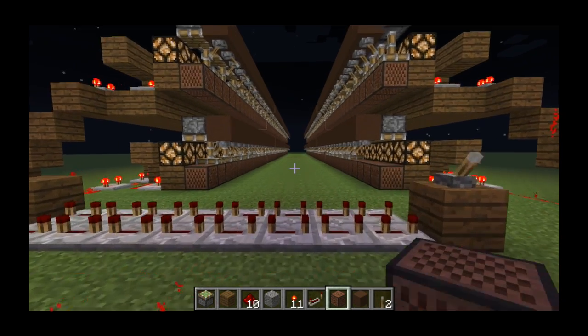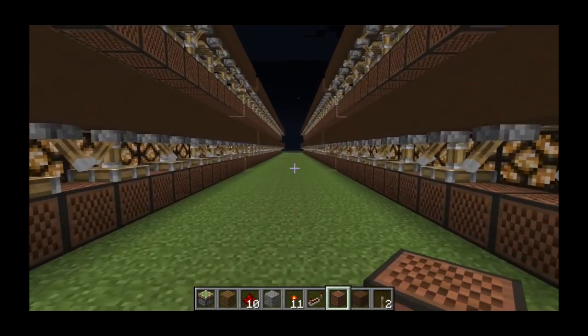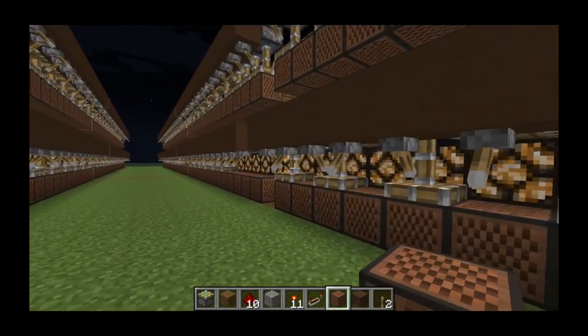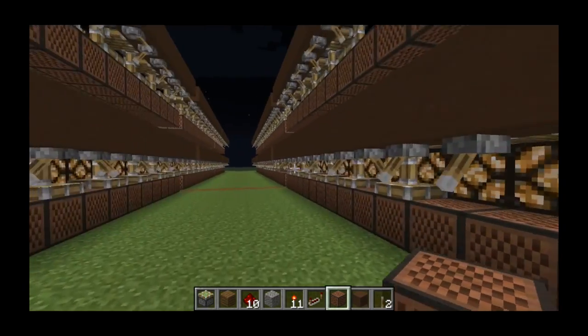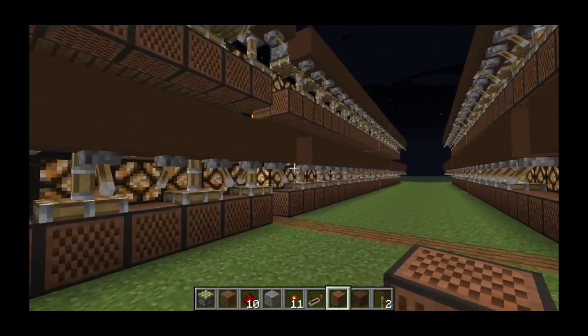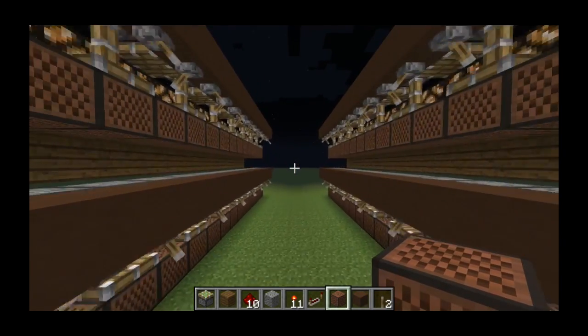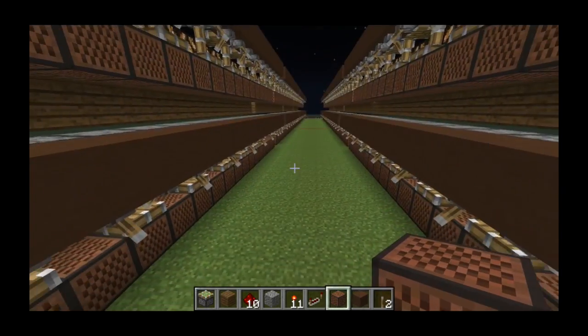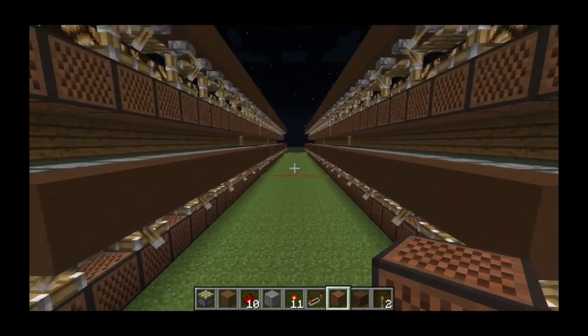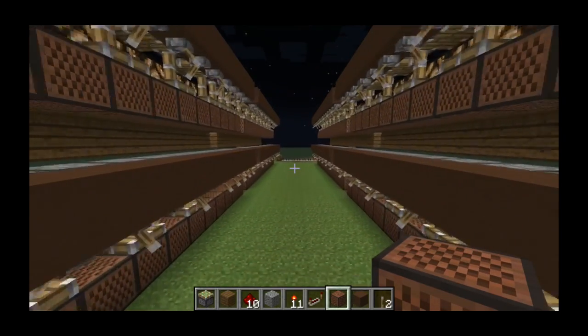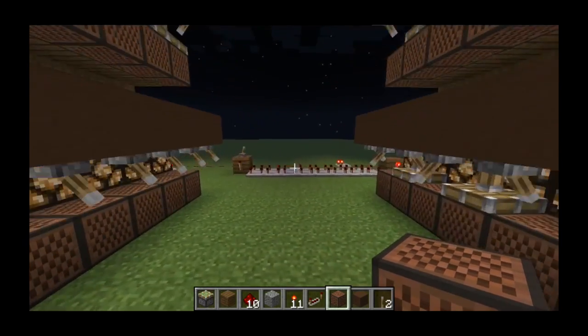Some of you may have already seen this before in one of Etho's videos. It is indeed a replication of his sequencer, but on a slightly grander scale, perhaps. So, what I'm doing is I'm just going to play a piece of music which I thought might be fitting for